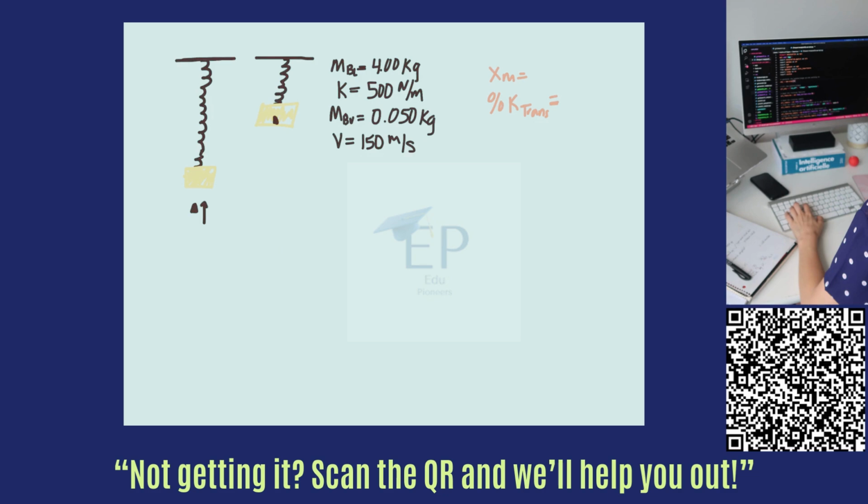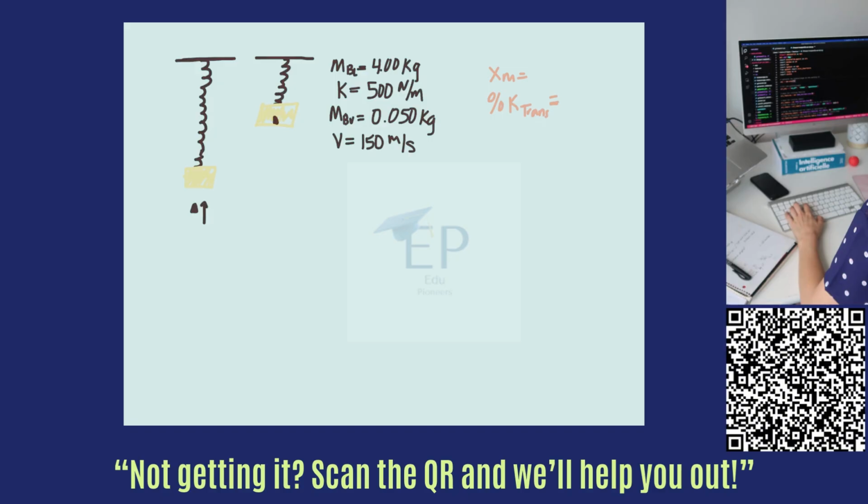The mass of the bullet is 50 grams or 0.05 kilograms, and the bullet is moving at a velocity of 150 meters per second. And we're being asked to figure out first, what is the amplitude of the now oscillating block, and then second, what percentage of the kinetic energy of the bullet is transferred into mechanical energy of the